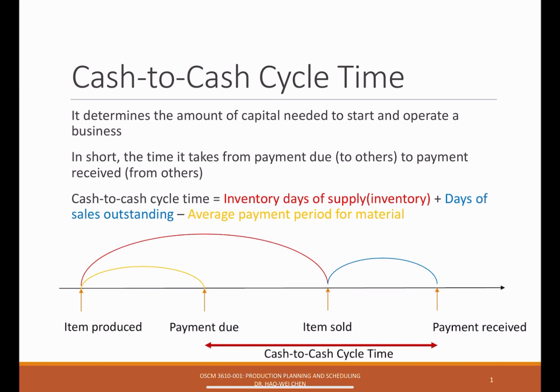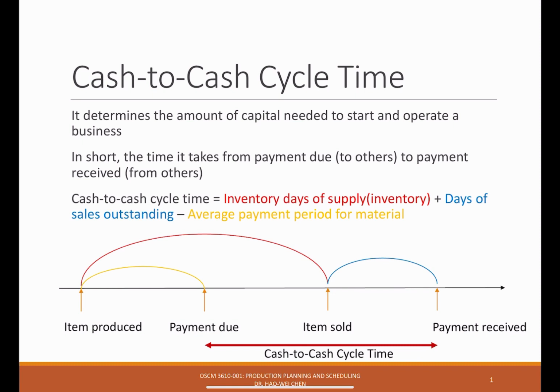Usually this will be a typical cycle. First, the item will be produced, then the payment will be due. You need to pay your supplier. Then the item will be sold. After that, you will receive the payment from the buyer. So from the time the item is sold until you receive the payment, that's what we call the days